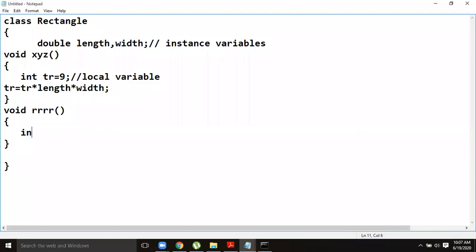If I want the same variable again, I have to redeclare it as int tr. That is the difference between a local variable and an instance variable. An instance variable is not particular to any method of a class, because instance variables are declared inside the class definition. Those are the class variables, so they are available to all the class's utilities. Anywhere I can use the instance variable any number of times. Remember.